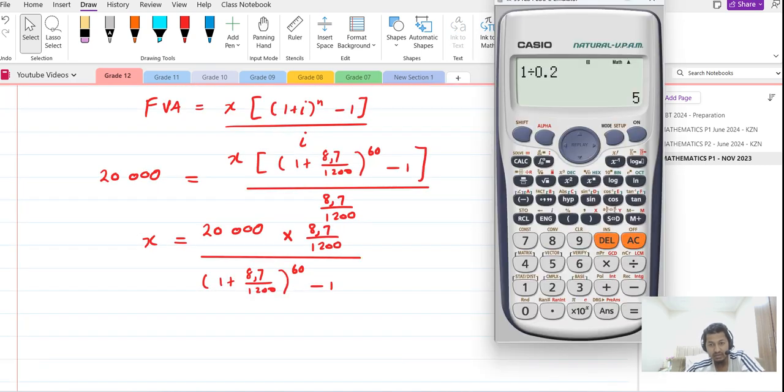Right, so now to solve this problem, we're going to say 20,000 times 8.7 over 1200 divided by 1 plus 8.7 over 1200, right, to the power 60, and then subtract 1. So what we get is 267.26